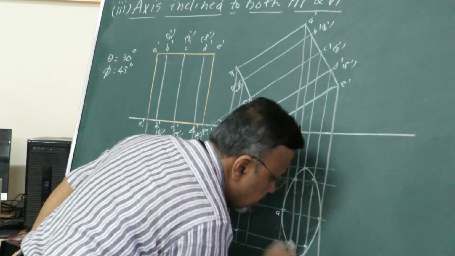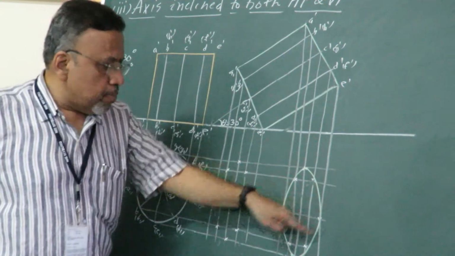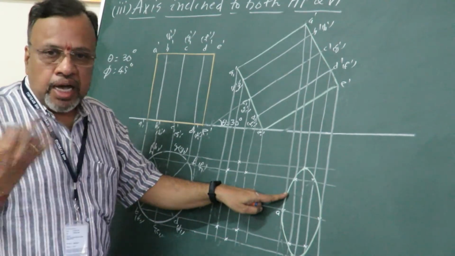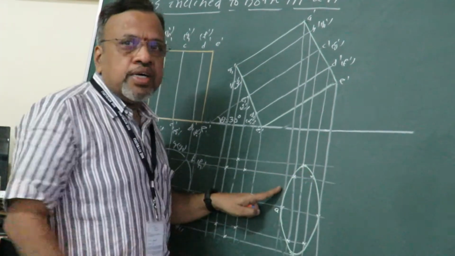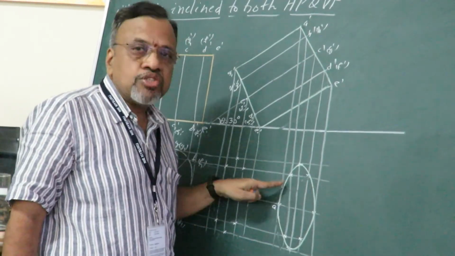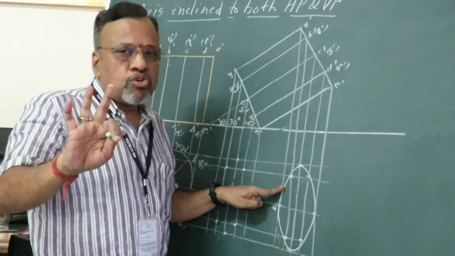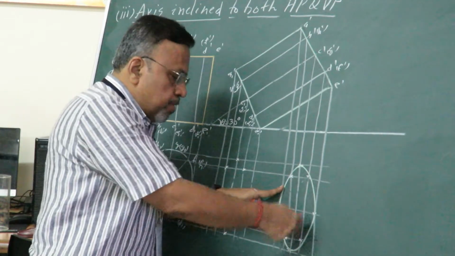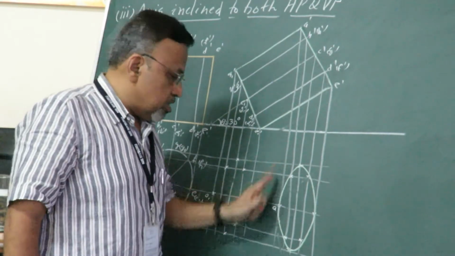So as you can see, since I have taken only 8 points now, I am not going to get a very smooth curve, because I have to imagine and do it. Let us say if I had taken 12 generators, I would have got intermediate points here also, so that you would have got the curve more smoothly. Is it okay? That is the reason we insist students take minimum 12 generators. Okay, I have just done this base.